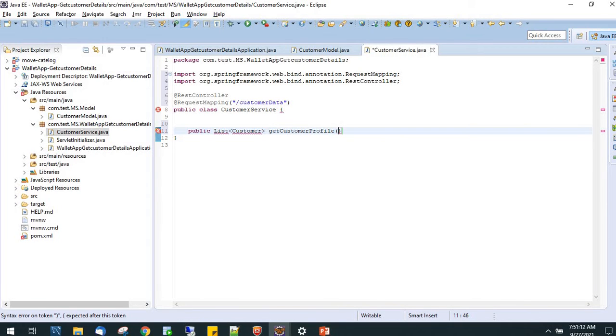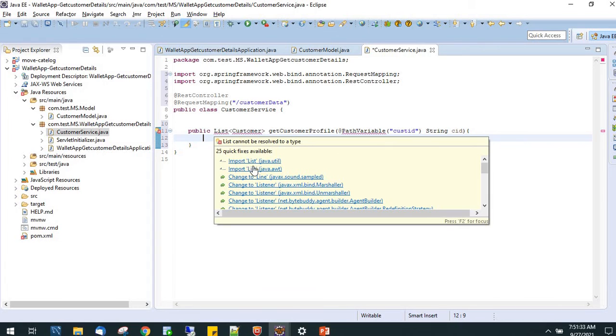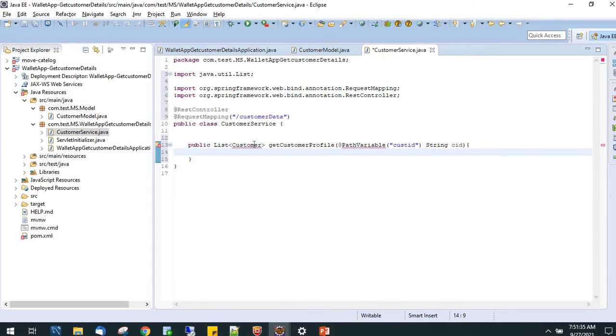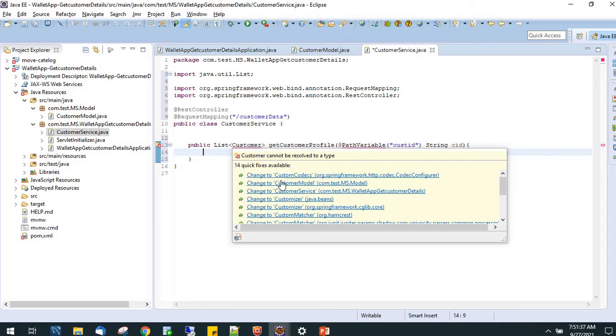So here we have to get the customer ID, right? So path variable cust ID. We have to store this in string PID. Okay. Just import this one, list util, customer to customer model, right?